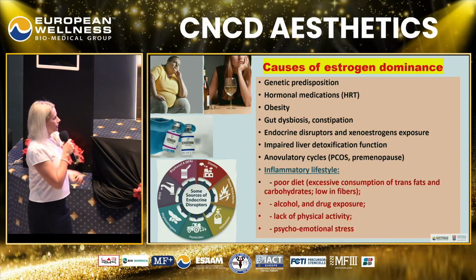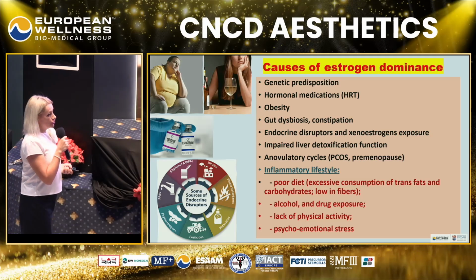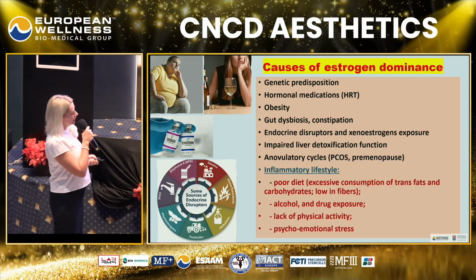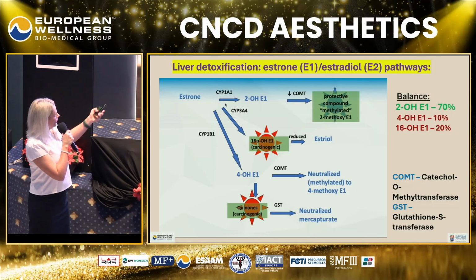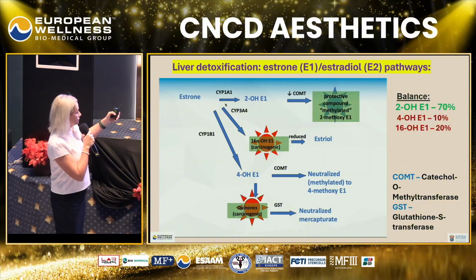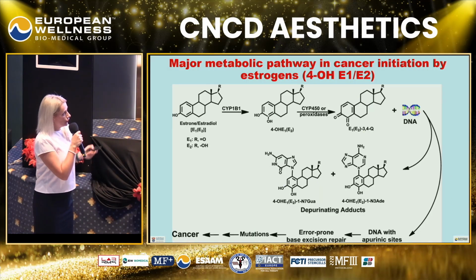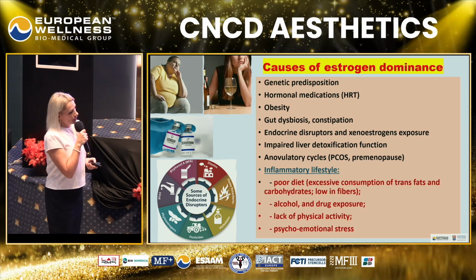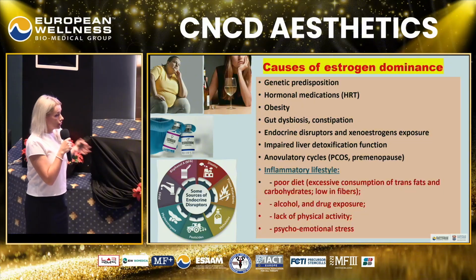There are causes of estrogen dominance. One is probably well known. First, it's a genetic predisposition. Genetic predisposition means polymorphism of the previously mentioned enzymes such as catechol-O-methyltransferase and glutathione S-transferase. So genetic polymorphism of these genes leads to three or four fold lower activity of these enzymes. And if they are not performing their function properly, not catalyzing the reaction of detoxification, we receive estrogen dominance effects